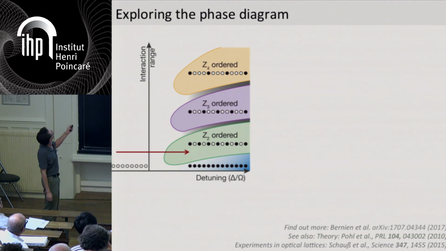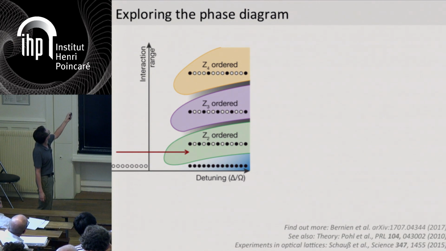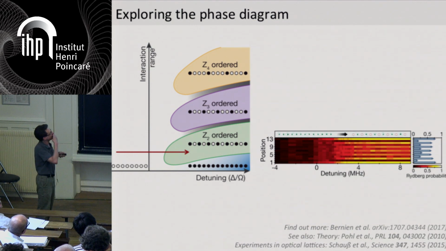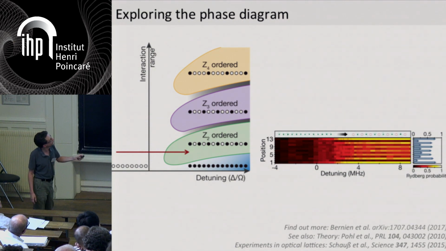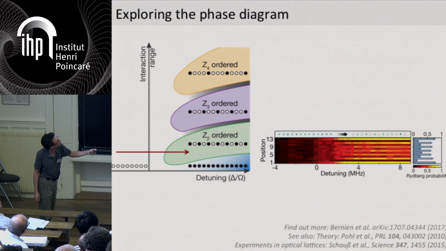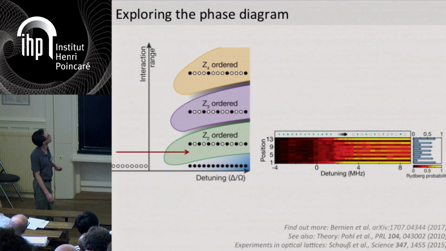And for this, what we do are detuning sweeps starting from the many-body ground state into these ordered states. And this is what it looks like for the Z2 ordered state. I think Jean-Michel showed this picture in the talk, so I'll be fast on this. But basically here we have a 13-atom cluster. This is how it looks. And when we do this sweep towards large positive values of the detuning, at the end we create this Z2 order phase where every second atom is excited to Rydberg.